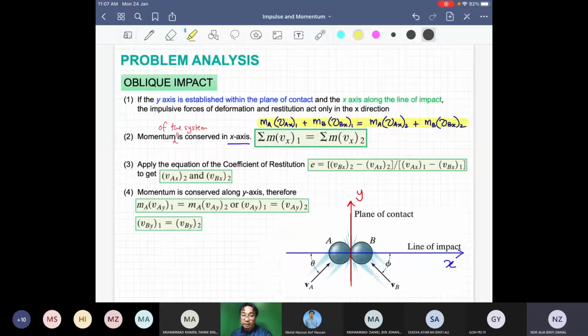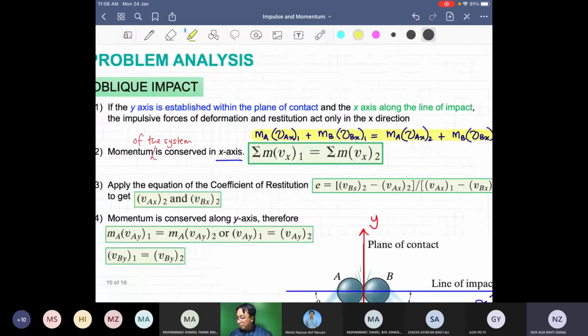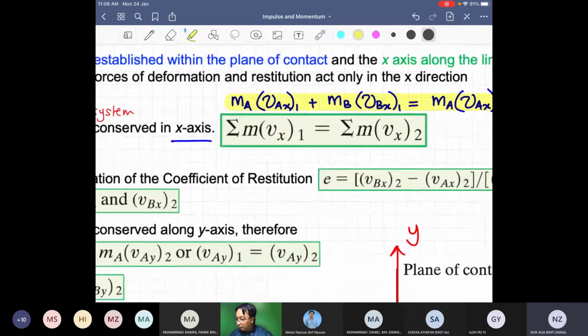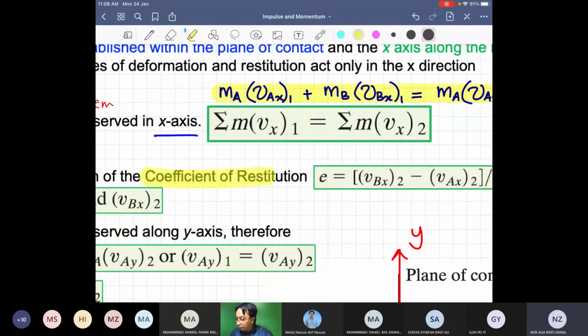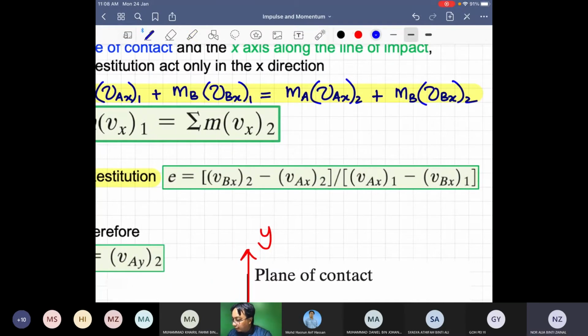Okay, yang tu step yang pertama ataupun step yang kedua. Yang pertama tadi kita define kita punya axis. So step kedua ialah to apply this equation: MA VAX1 plus MB VBX1 equals to MA VAX2 plus MB VBX2. Okay. And then bila dah selesai yang ni, kita akan use the coefficient of restitution pula. Coefficient of restitution sama dengan equation tadilah. I can write it back. E is equal to V, ini pun dalam x-axis, VBX2